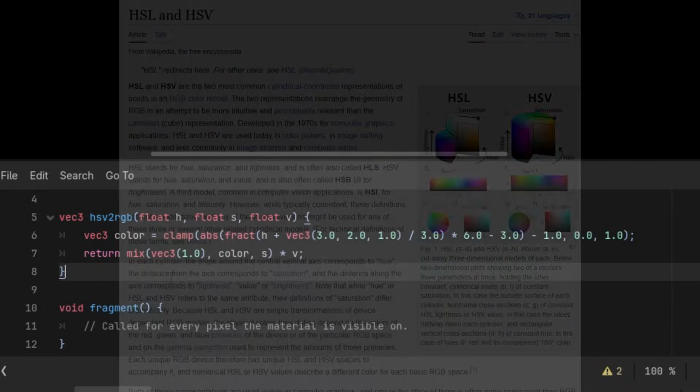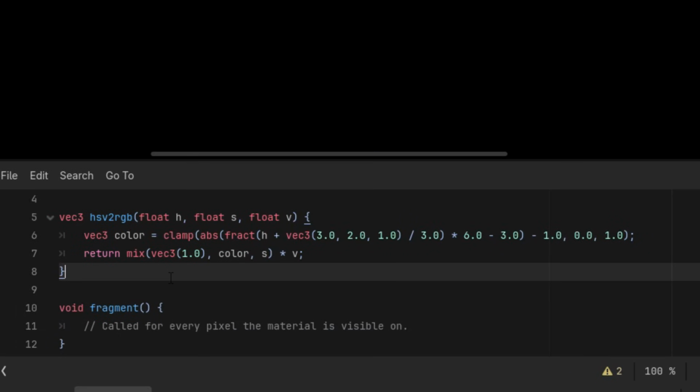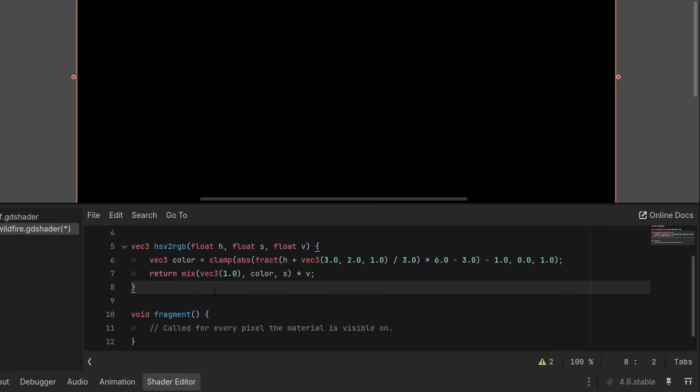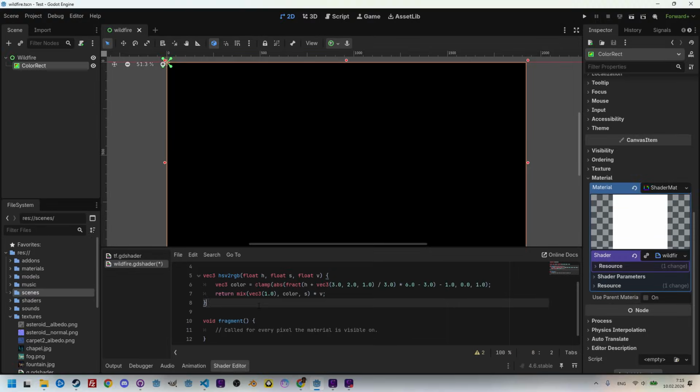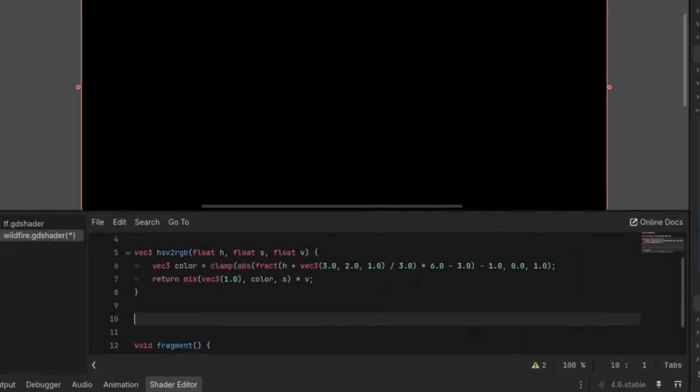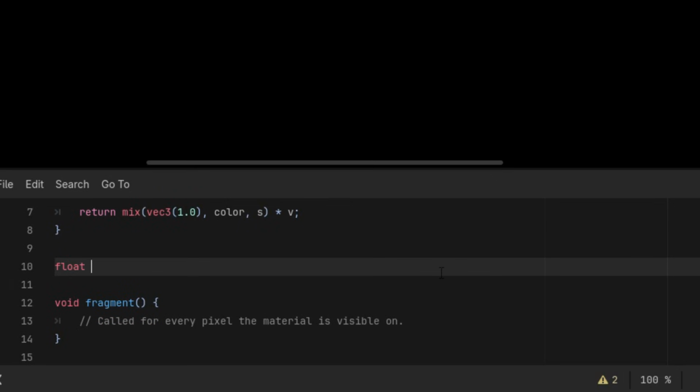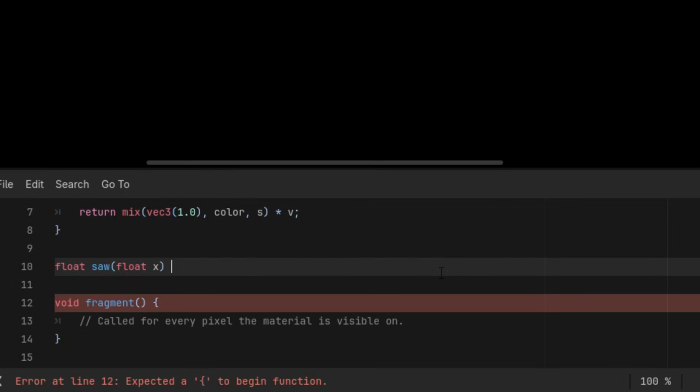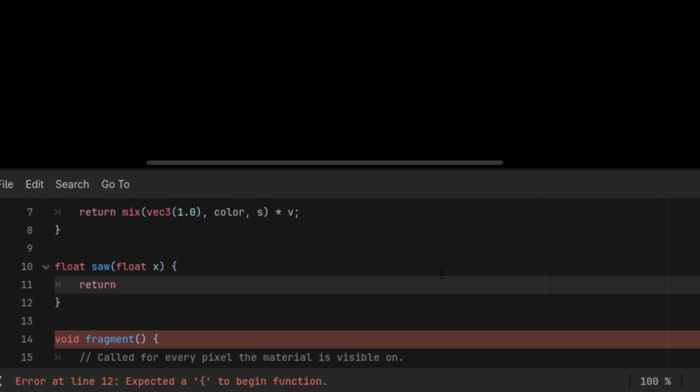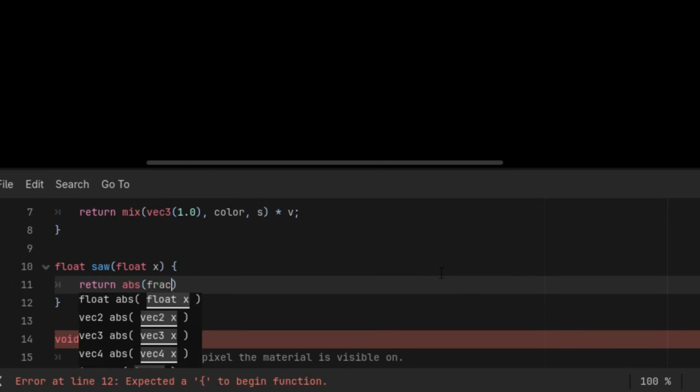Next, we want to add functions for generating pseudo-random values. In other shaders, I usually use variations of Perlin noise, but in this case, something a bit different will be useful. We know that flames often take on a roughly triangular shape, so our base function will follow the same principle. I'll write it out first. Okay, so the next function would be right here, float saw, with the parameter float x, and let's return abs of fract x